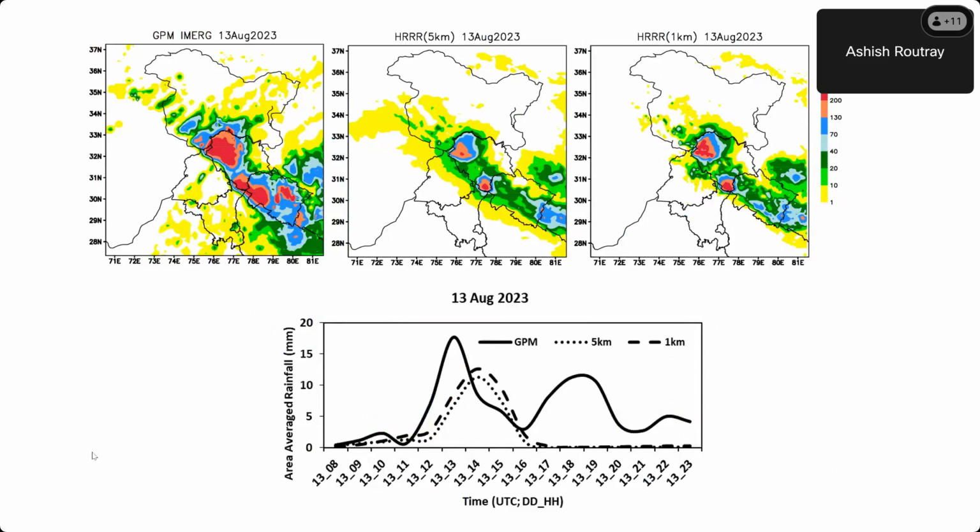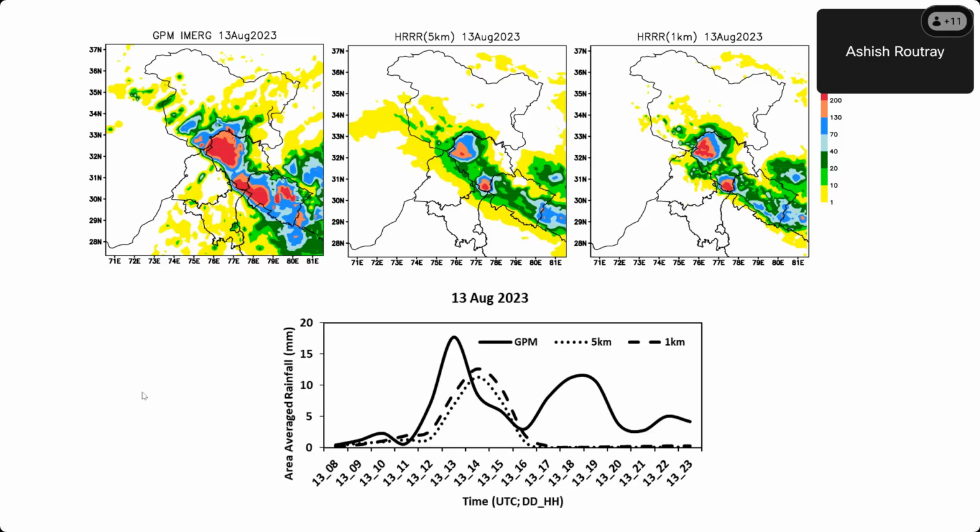So if you have a 24-hour merged rainfall, considering the day one forecast, the left panel is the GPM merged, the middle one is 5 kilometer, and the last one is 1 kilometer. You can see the rainfall over these two patches where the heavy rain occurred is well brought out in both systems, but the amount is higher in the HRR 1 kilometer. Certain patches are also missing in both systems, but the 1 kilometer HRR system is more reliable as compared to